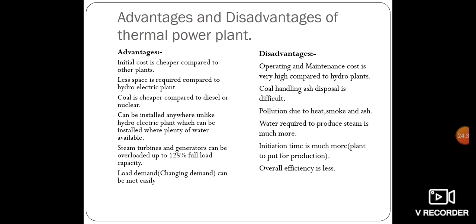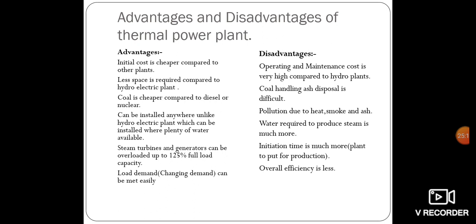Less space is required compared to a hydroelectric plant. In this coal thermal power plant, the space required is very little. Compared to a hydroelectric power plant, there is storage of water, dam construction, and a generating station, so a lot of area is required for the hydroelectric power plant, and similarly for the nuclear power plant. Compared to all these different types of power plants, the coal based thermal power plant requires very little